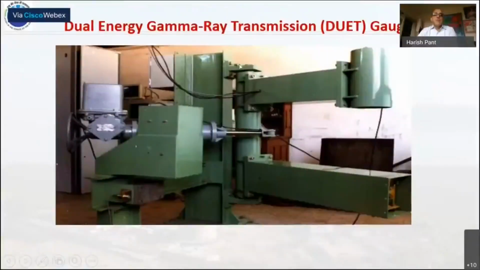This is, as I told you, that in the coal industry, dual energy gamma ray transmission gauges are used. So this is the gauge, and here in between there will be a conveyor. This will be mounted on the conveyor, and the conveyor will be passing through this, and one can easily find out what is the content of the ash in the coal, or what is the quantity of the total coal being transported on that conveyor. And that is why they are also called sometimes belt weigher. This kind of gauges are also called belt weigher.